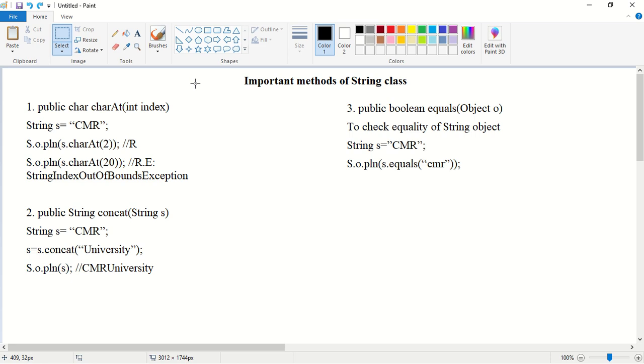What will be the output? Uppercase CMR and lowercase cmr: are the strings equal? The strings are not equal. By default, the equals method considers even the case. So in this case, it is going to return false.